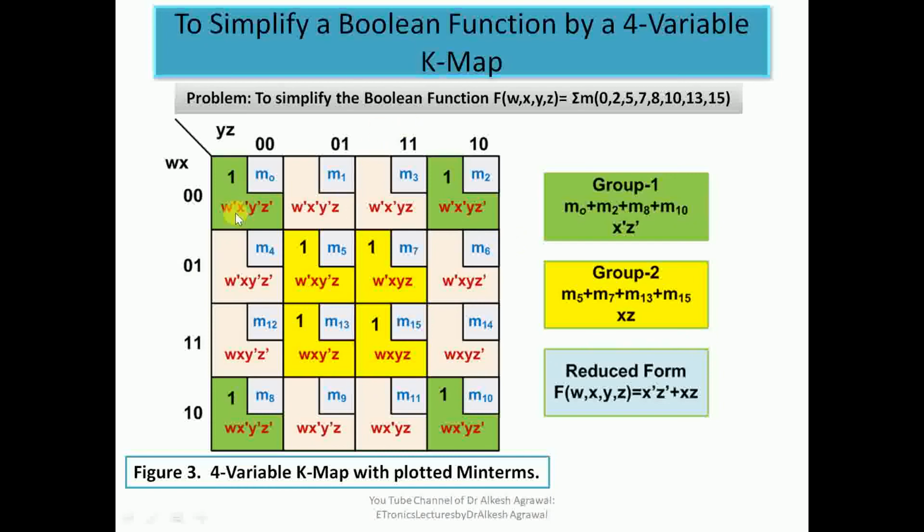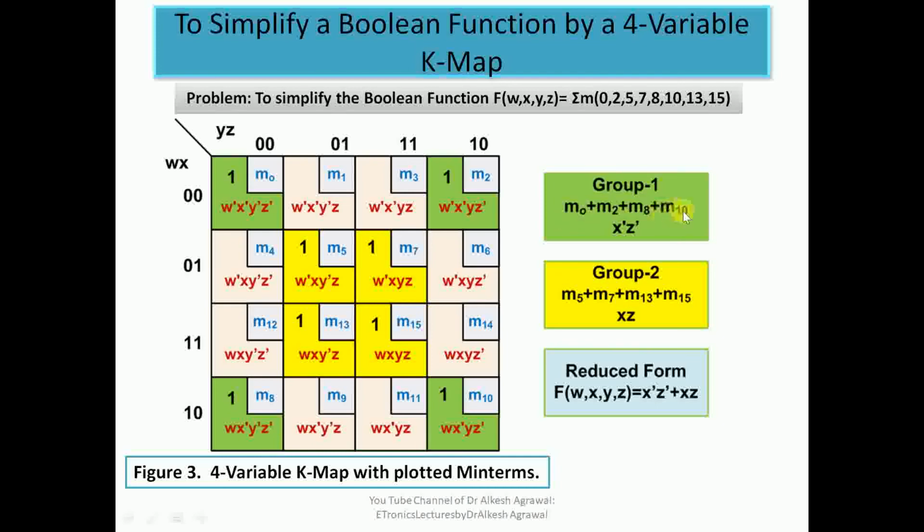Here we have min terms placed at four corners, plotted at M0, M2, M8 and M10, and again four minterms that are plotted at M5, M7, M13 and M15. So we have two groups of four minterms each, where these cornered minterms are combined together and the centered minterms are combined together. So here I have written that group 1 comprises of all the four cornered minterms as M0 or M2 or M8 or M10.